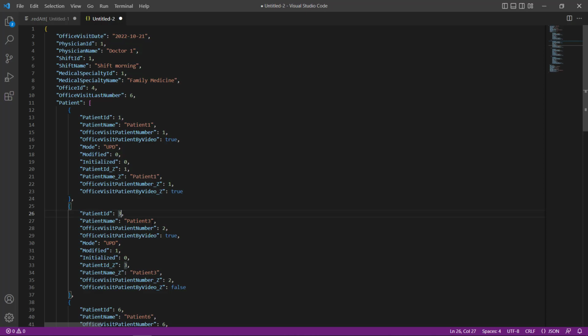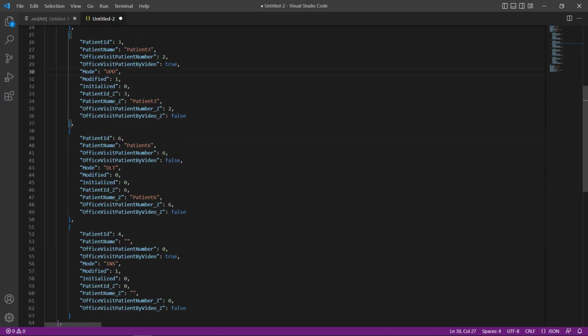As we said, it's updated anyway with the same information it already had. Then we see patient 3, which is the one we wanted to change. It's in update mode, and with the new by video value true. Here we see the one that's now in the database before we actually run the update. Then we see patient 6, which is marked for deletion.